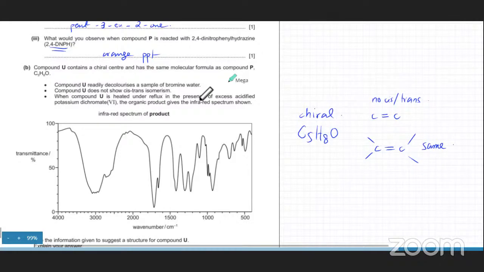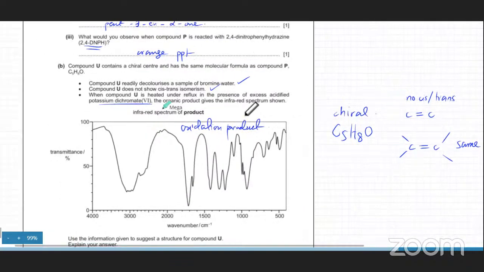Okay, so the next part is when compound U is heated under reflux in the presence of excess acidified potassium dichromate(VI), the organic product gives the infrared spectrum. So what is he doing to compound U? He's using potassium dichromate(VI), so that's oxidation happening, and this is the oxidation product. So who do you oxidize with dichromate(VI)? You can oxidize